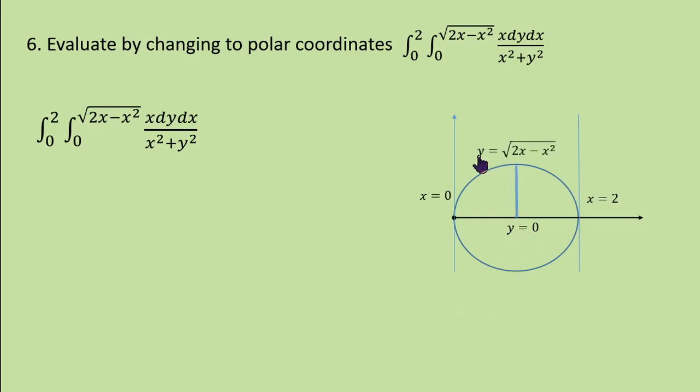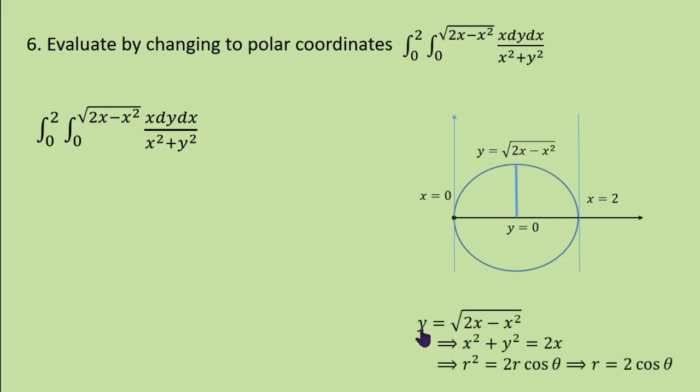Or one more method, how we can get the idea. Here y varies from 0 to root 2x minus x square. When you square and rearrange, x square plus y square is 2x. X square plus y square in polar form is r square because x is r cos theta, y is r sin theta. So, r square equal to 2r cos theta, cancel r, r equal to 2 cos theta. That we already discussed. R equal to 2 cos theta is the circle in this form, and hence no need to worry. Either you convert this upper limit into polar form, you will get the idea.